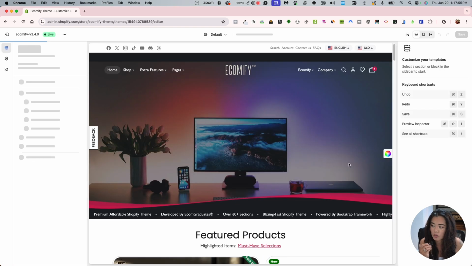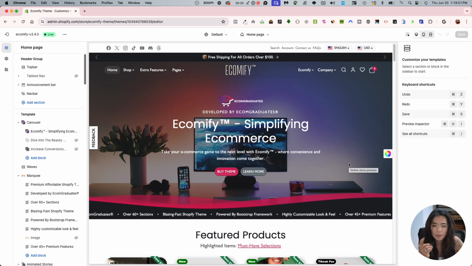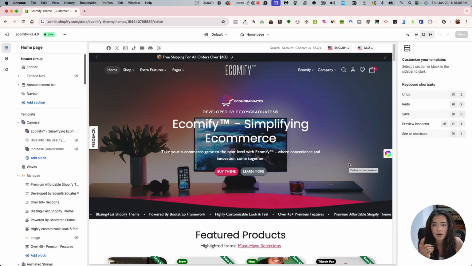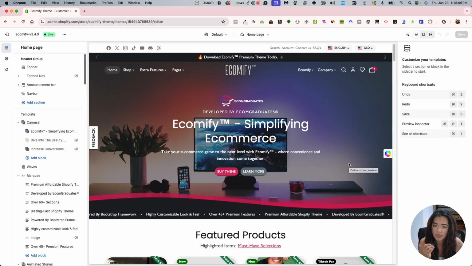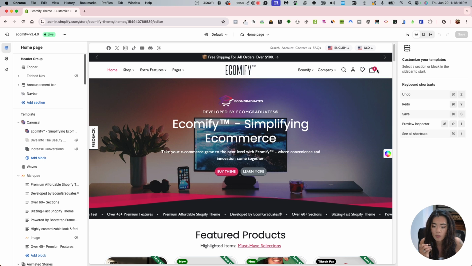Depending on your screen, I'm on a large screen monitor, so you'll be able to see a right side panel and a left side panel. That's why you see it here. If you're on a laptop or a smaller screen, everything's going to be on the left side. Scrolling here, this is the home page, and in the cart settings, or if you click on the cart here,